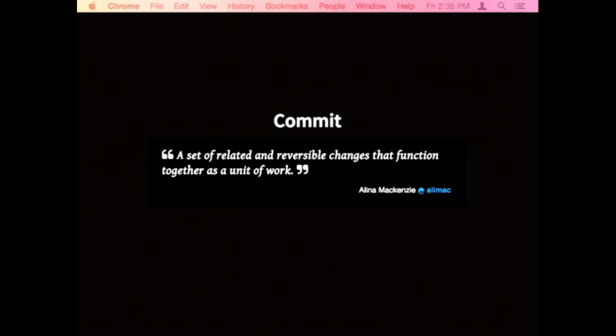But you kind of want to make sure that the changes are related and that they're reversible, sort of in one atomic action. Beware of unrelated changes. If you're adding a title, you should not also be doing something that's completely unrelated to that, or that's outside of the scope. It's usually a good idea to base your commits on tickets,